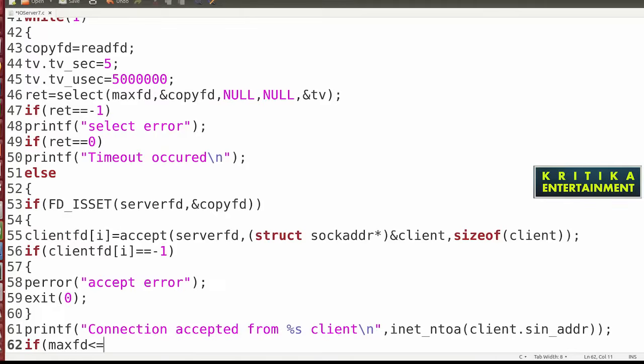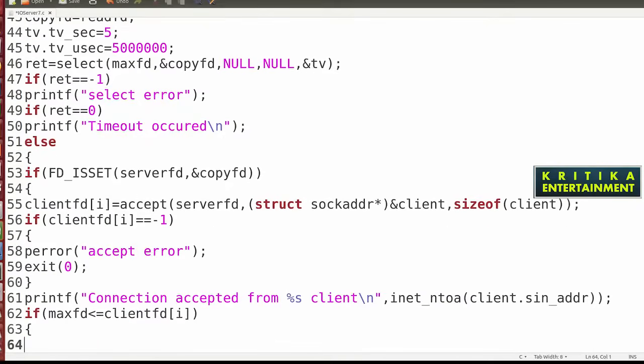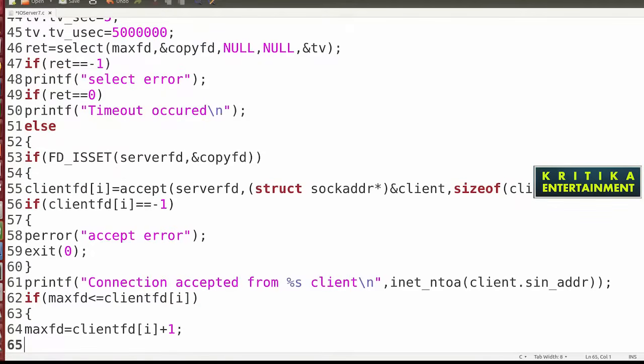So if max fd is less than or equal to client fd i, then max fd is equal to client fd i plus 1. Then this client fd returned from the client should be added into the read fd, so that we can later check whether any data comes to this fd.